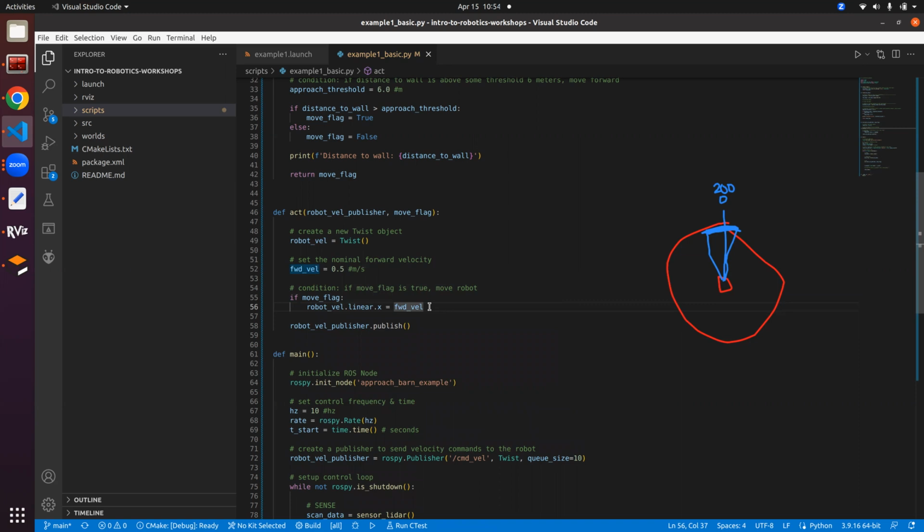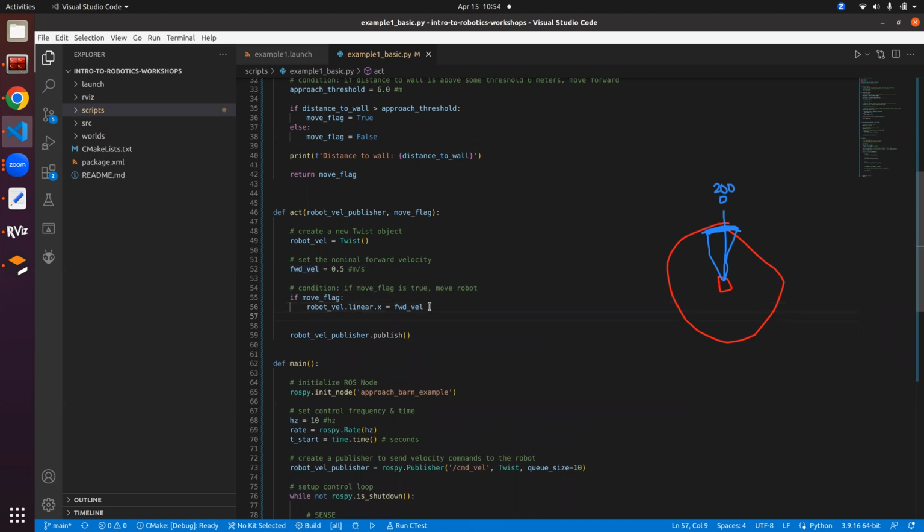All right. And we can make some message that says robots moving, something like this. Okay, this is